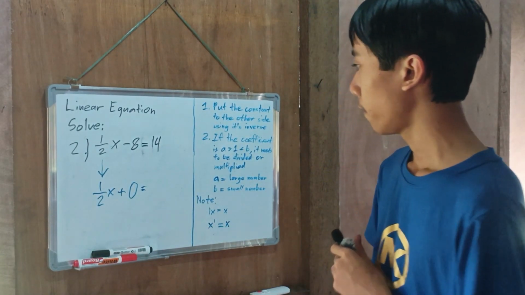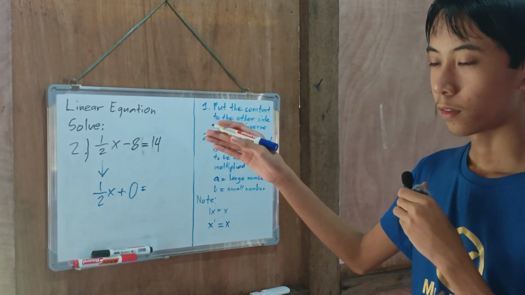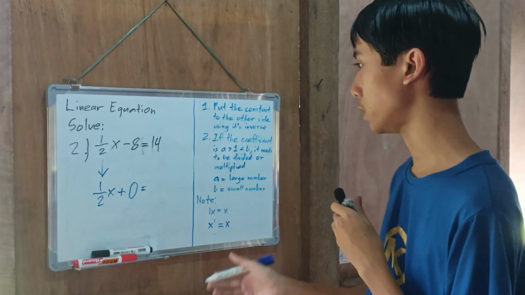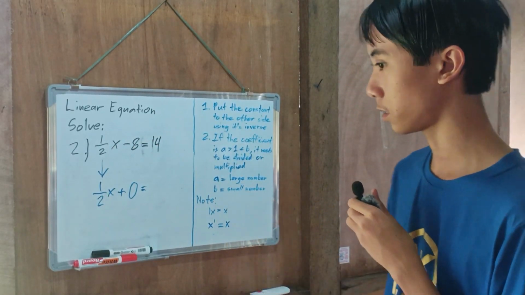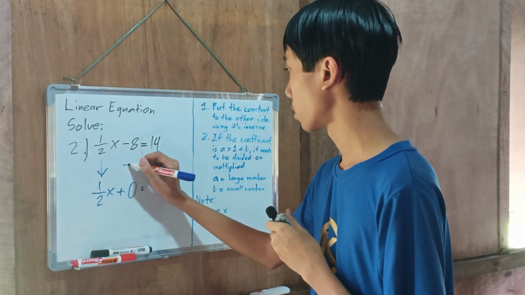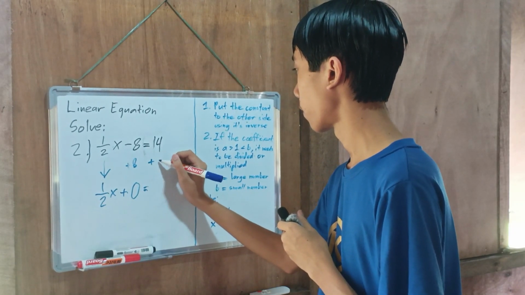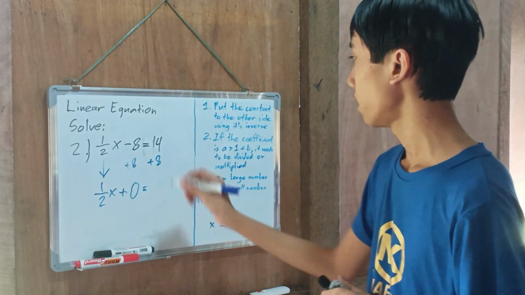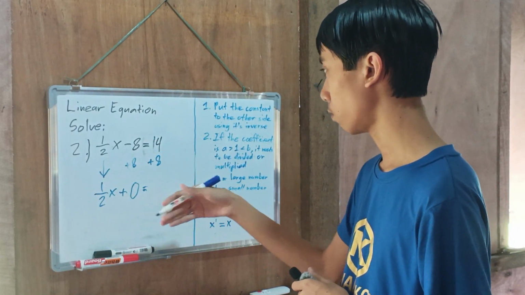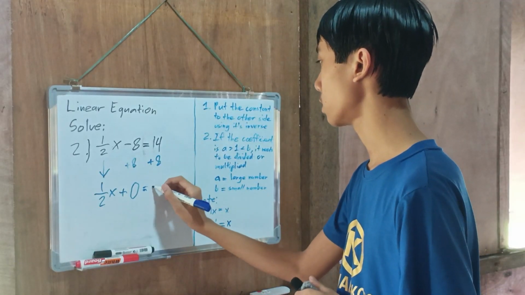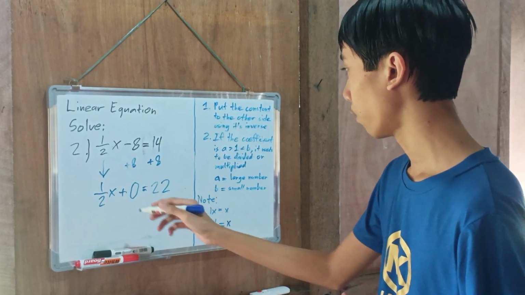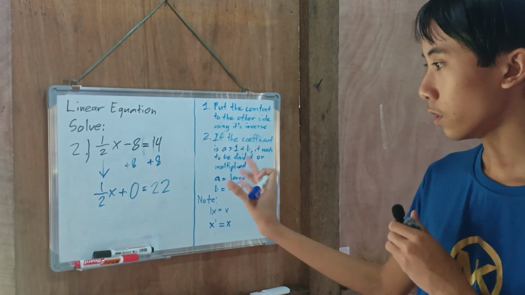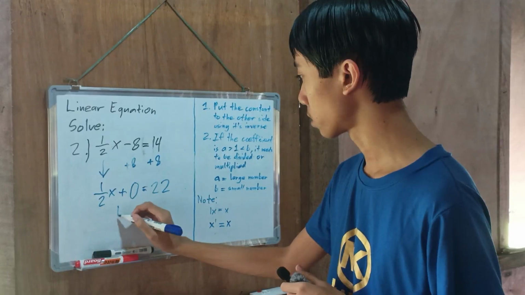And then we're gonna put an equal sign. Now, what number when added to -8 will be equal to 0, which is the inverse of itself, +8. So +8. Now, since -8 plus 8 is 0, we're going to ignore that. 14 plus 8 is 22. Now, of course, itself, when you add something to 0, it will be itself. So 1 half x